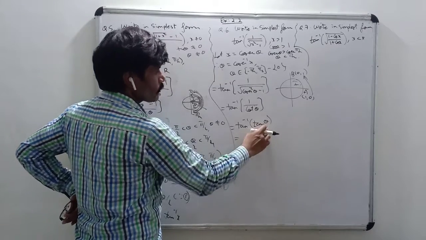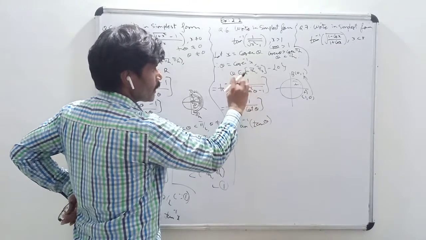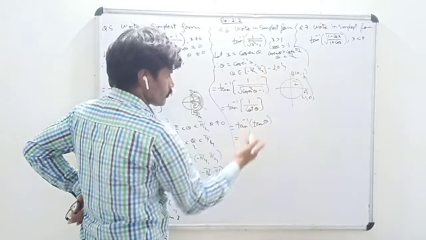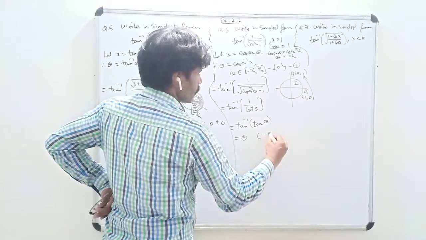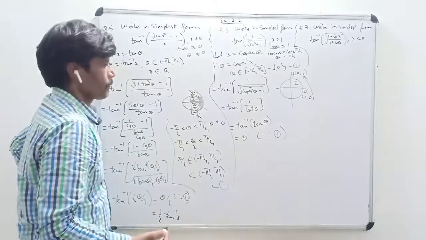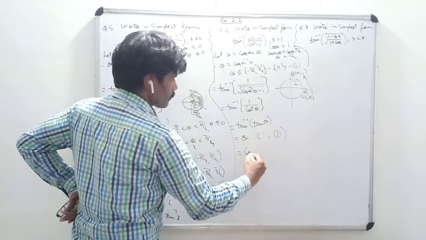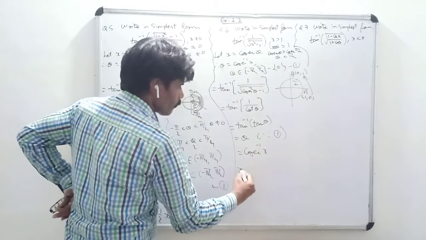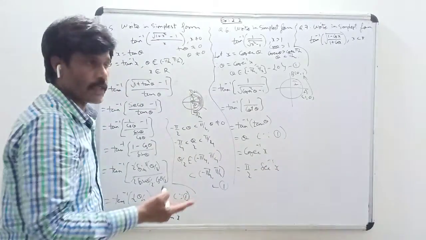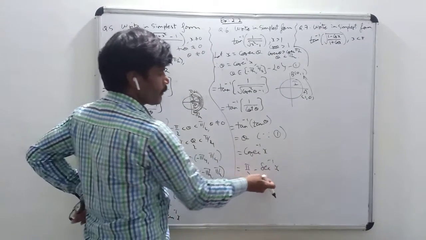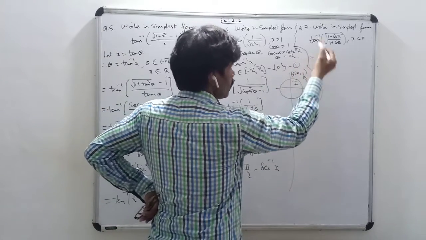Now tan inverse of tan of something, I can write as something if something belongs to the domain of the tan function. Yes, theta here is in minus pi by 2 to pi by 2. So therefore I can write theta. Theta means cosec inverse of x. This cosec inverse of x you can write as pi by 2 minus sec inverse of x also, because sec inverse of x plus cosec inverse of x is pi by 2. That will also do.